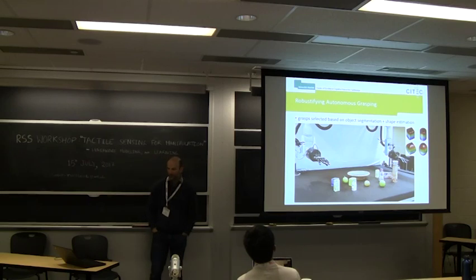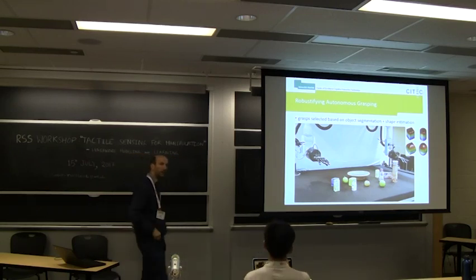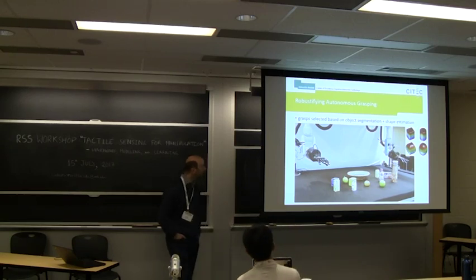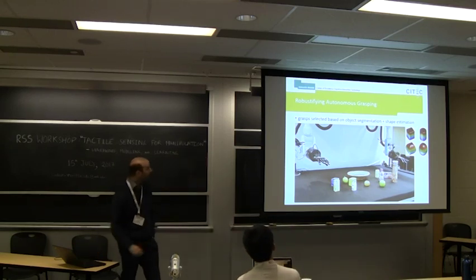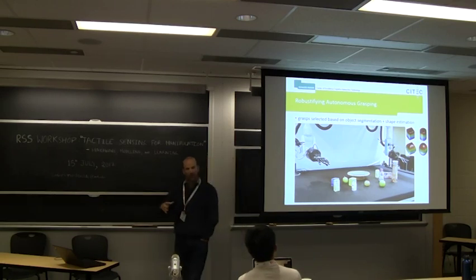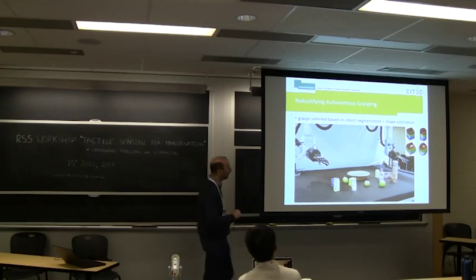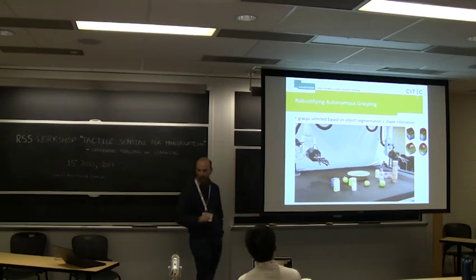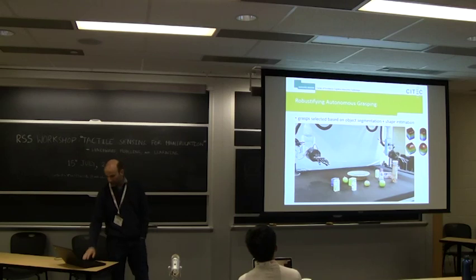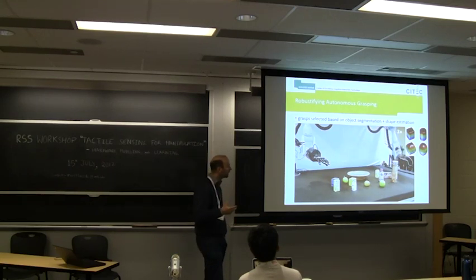And we also use these sensors to robustify our autonomous grasping scenario. What you see here is that we can segment that scene and choose a grasp based on these segmented object shapes. We essentially fit some basic geometric shapes and then choose the grasp for them. And using tactile feedback, we can, for example, notice